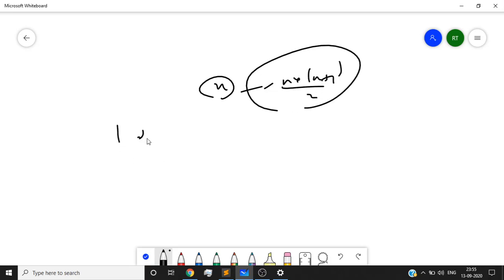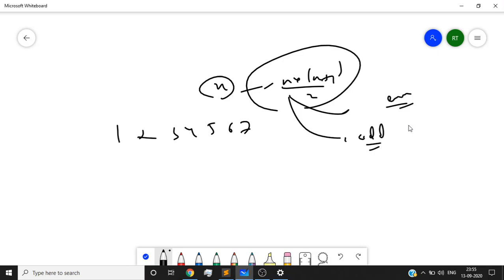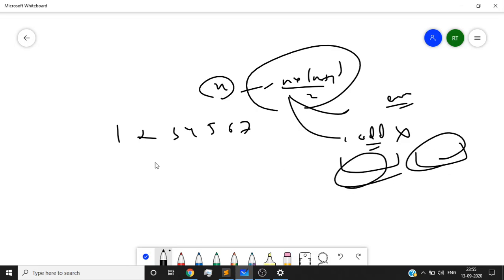This sum must be even. If this sum is odd, we cannot divide our sequence into two halves having equal sum, because we don't have decimal values here. So if the value is odd we just print 0, otherwise we will calculate the answer.